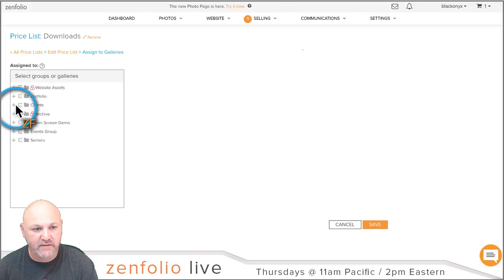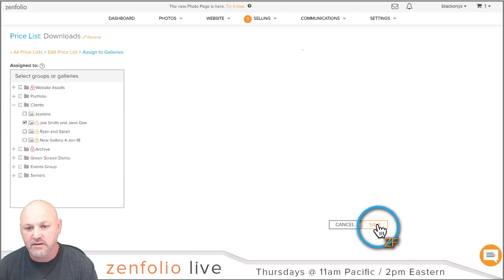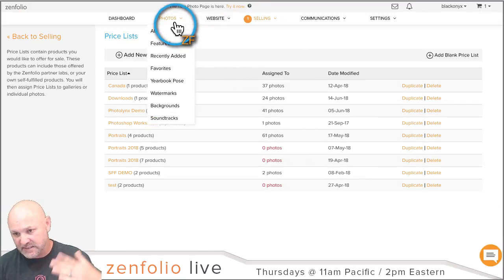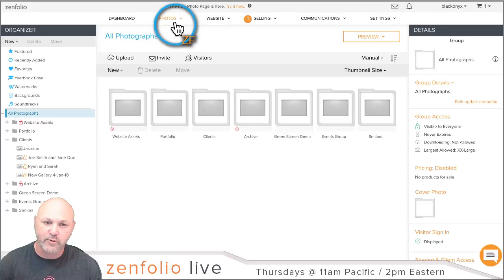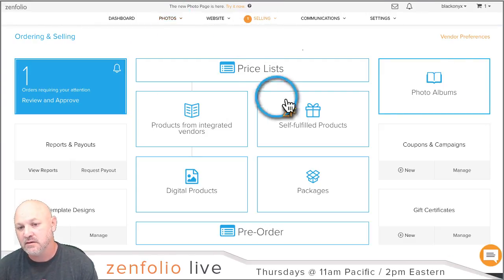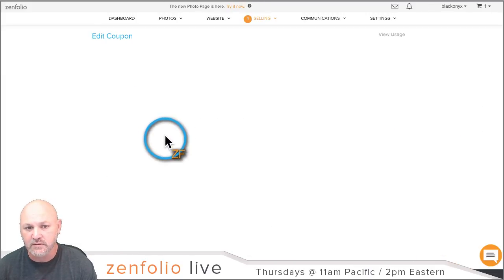And I'm just going to pick that client gallery right here, Joe and Jane, and save it there. And so now that gallery has a price list where people can go and purchase digital downloads. Now for our client, we want that to be free for them. So what we would do is we would go to selling, go to coupons and campaigns, create a new coupon,